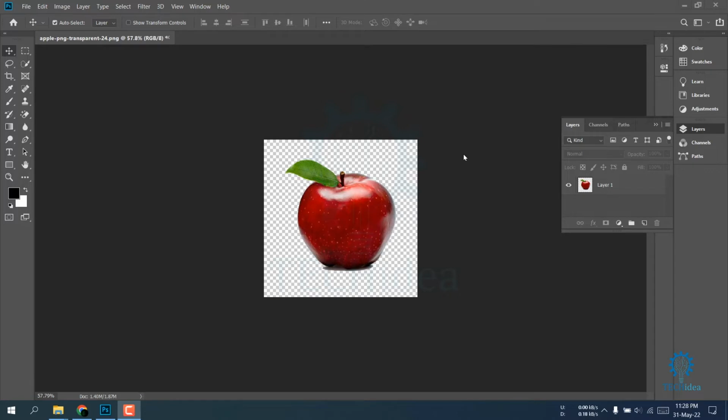Hi, today we are going to see how to change color in Adobe Photoshop. First open your photo that you want to change the color. Then open layer panels, then click on this